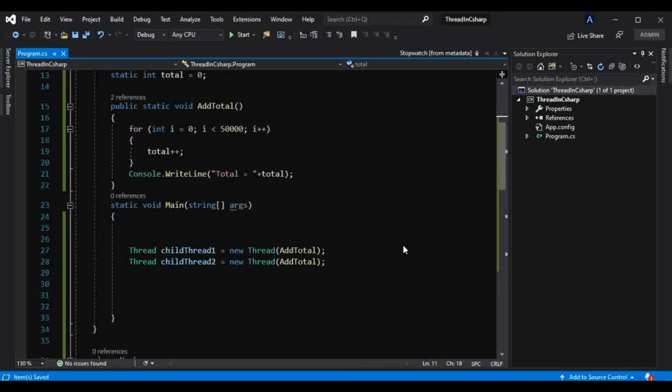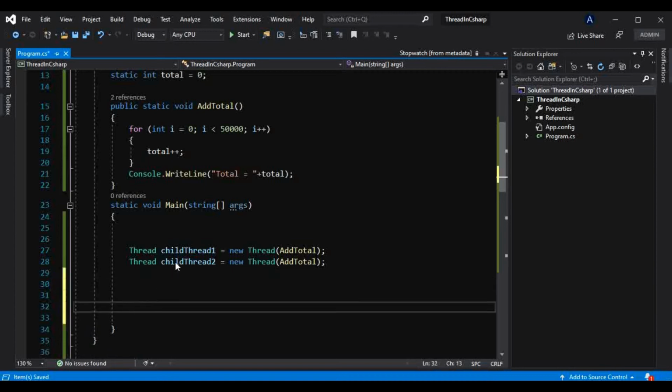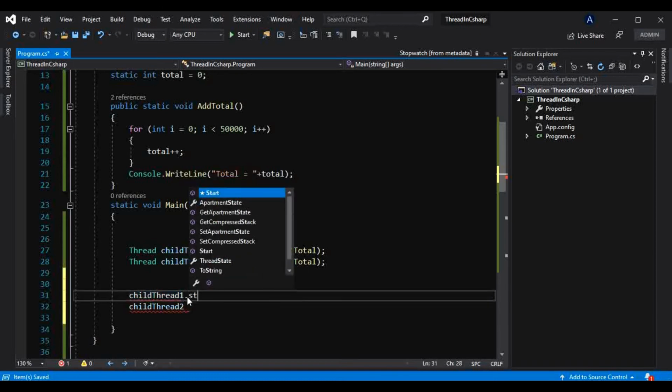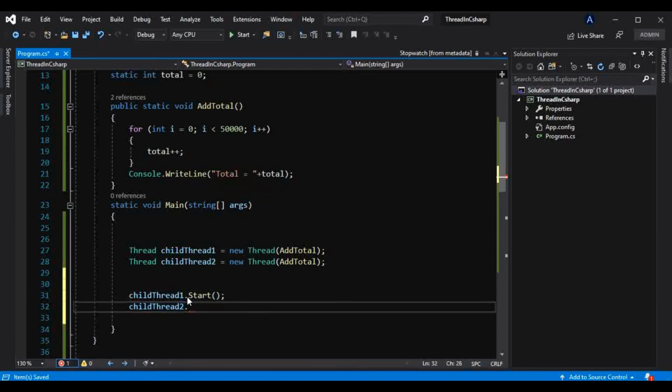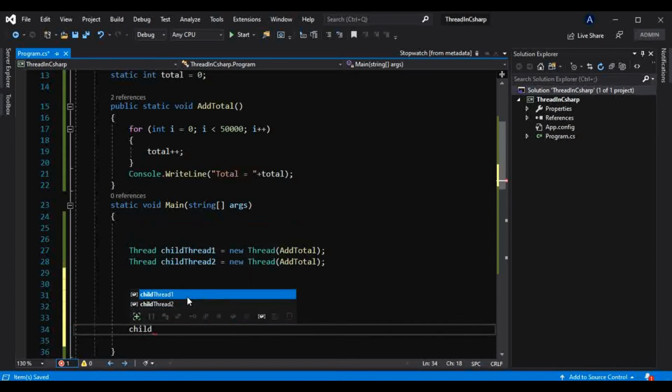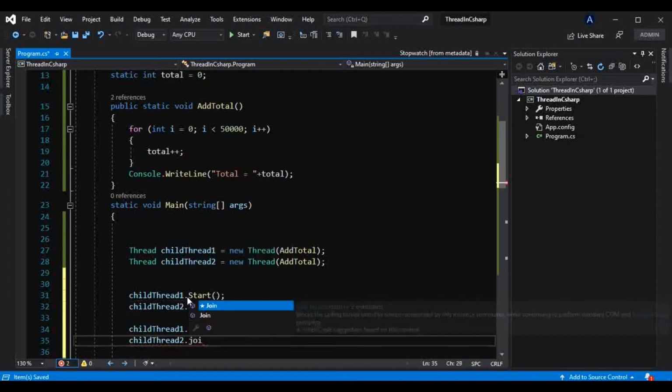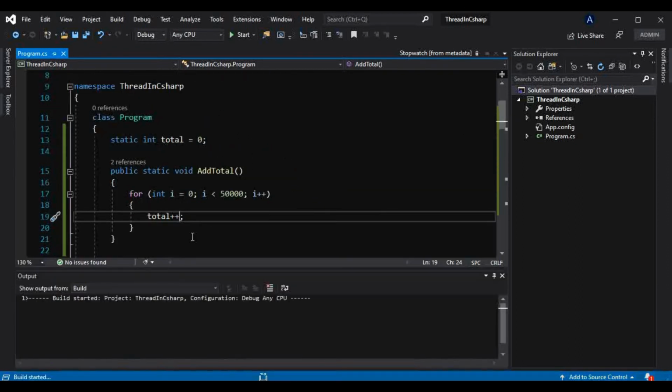Now we will make that child thread start, this as well and this as well, that is we will make child thread 1 start and child thread 2 start, as well as we will make child thread 1 join and child thread 2 as well, to join, to complete its work and make the main thread wait until it is executing. And if I run this now,